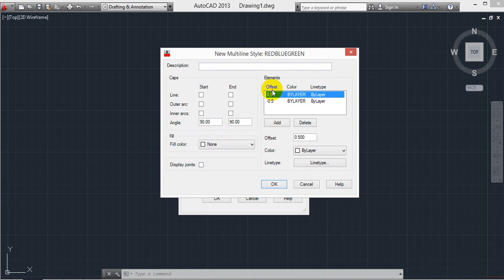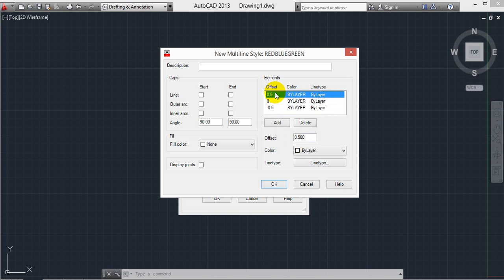After selecting Continue, by default we have two multi-lines. After starting ML, enter, we will see two multi-lines. If you want to add another one, 1, 2, 3 adding, simply select Add. After selecting Add, there are three multi-lines now. We have taken red, blue and green, which means three multi-lines. If you want to add more, 4, 5, 6 multi-lines, just select Add. But I am deleting one, we need only three here. So I'm selecting the first one.